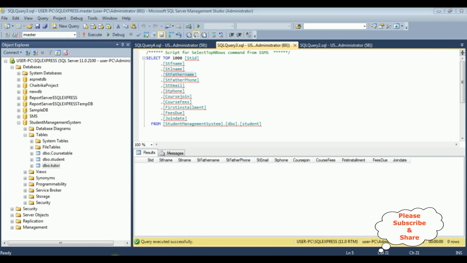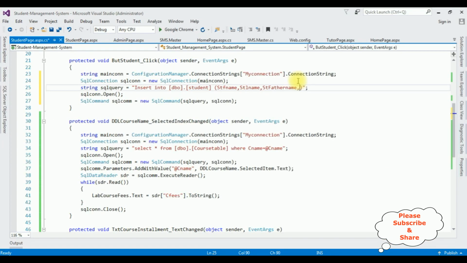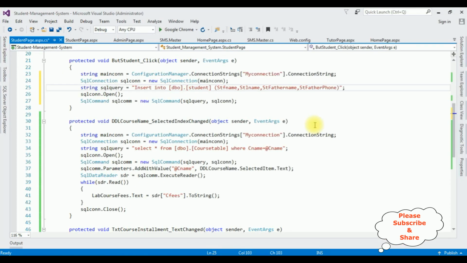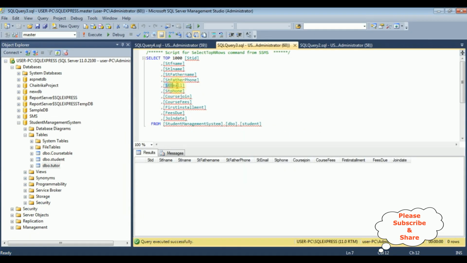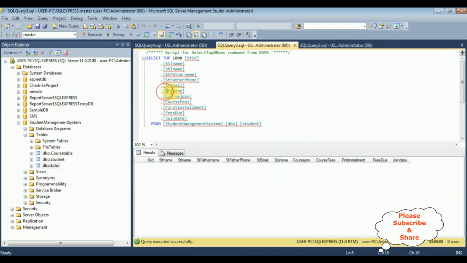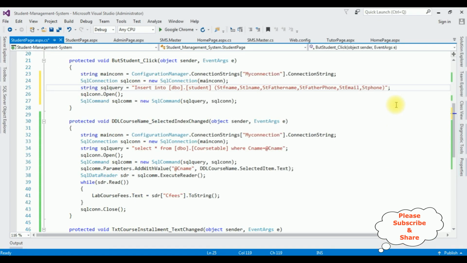Copy that one, paste here, and student's father phone number. And the next one, student email, student phone, the course join,